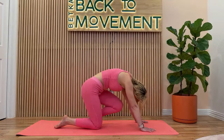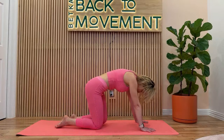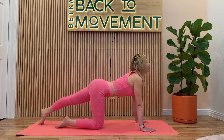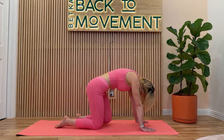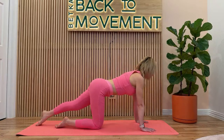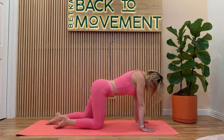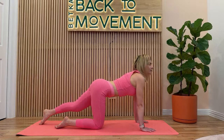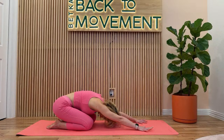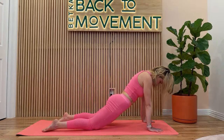Okay, so the left knee comes in and then out and in. Inhale, exhale. Let's do 2 more here. And then 1. Very good. Sit back on your heels. Stretch. Very good. And then from here, we are going to send our waistband forward as far as we can